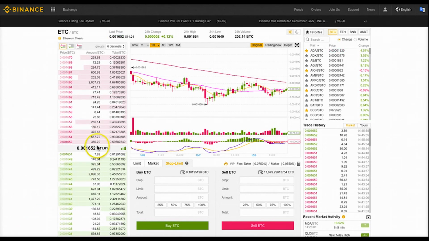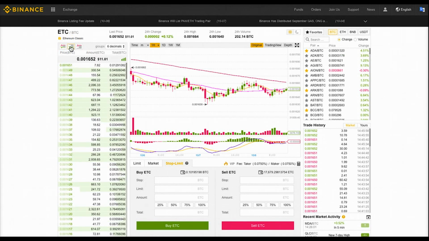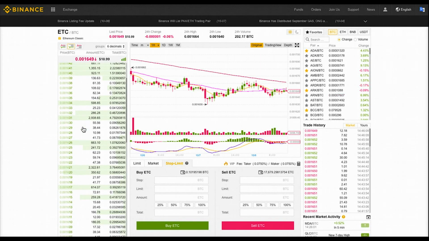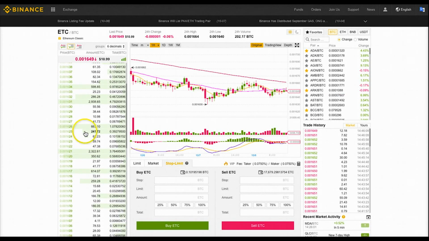Looking over here on the left in the order book, I'm going to click the button at the top with the green line to expand the buy side of the order book. Then we are just going to pretend like I did some technical analysis to decide I would like to sell my coins if it drops to 0.001621 Satoshis. So we can just left click that Satoshi price and it will populate the price in the stop